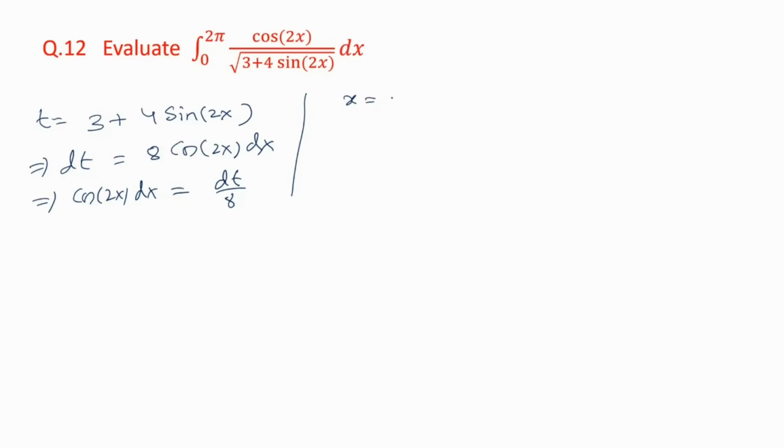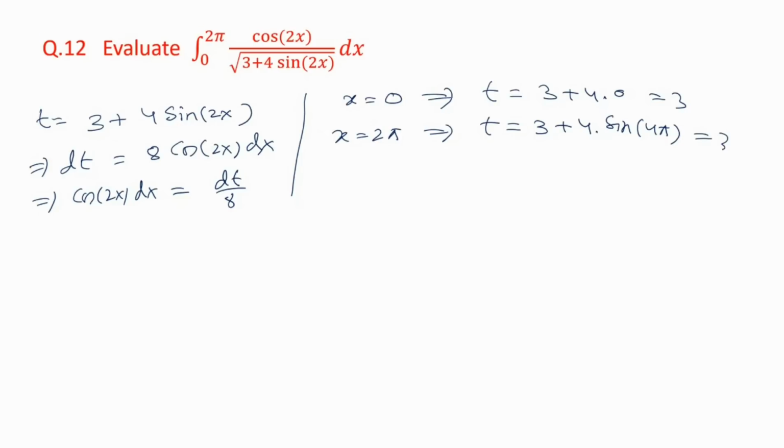Now x equals 0 implies t equals 3 plus 4 times 0, which is equal to 3, and x equals 2 pi implies t equals 3 plus 4 sine 4 pi, which is also 3. So therefore our integration is reduced to